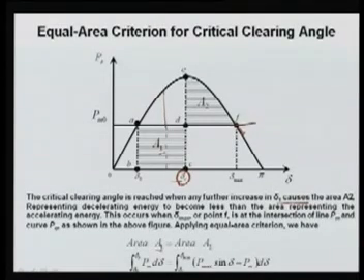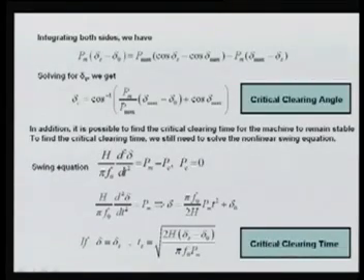So area A1, that is your ABCD, will be equal to your area DEF, this is area A2. So for this case, it is the integration of PM from delta naught to delta C, which is equal to the integration from delta C to delta max of PE minus PM, where PE is Pmax sin delta, with respect to delta. So integrating both sides,